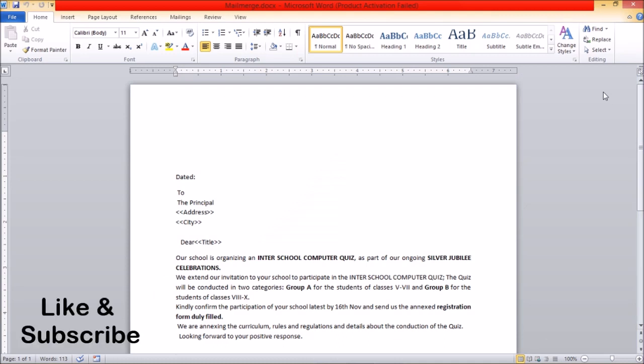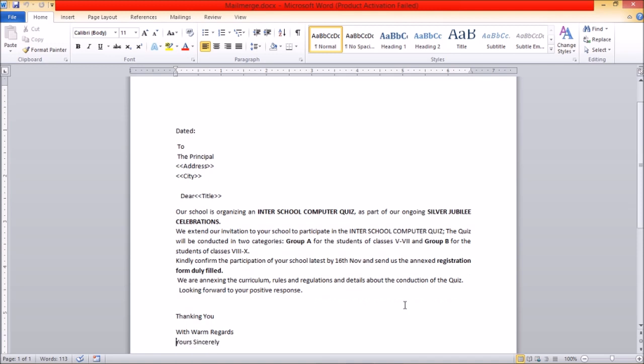Here I have written this letter, but when you open it you will get a blank document. In that blank document you have to type a letter like this. This type of letter you can write from any English textbook or from your computer book. In the activity section this letter is given, so with some modification you can write this letter. First of all you have to type a letter like this. After typing the letter, you have to save it.